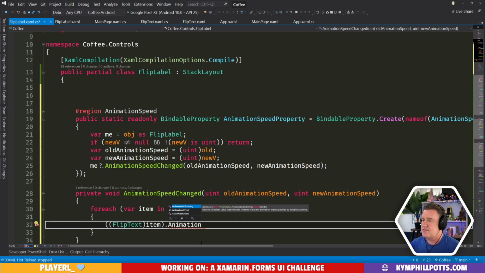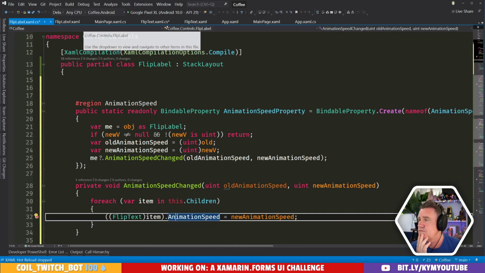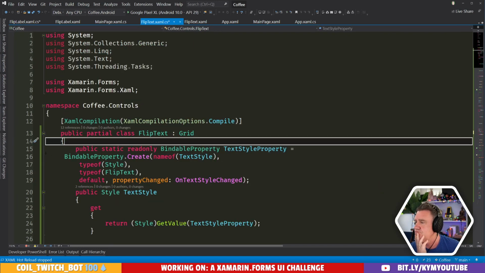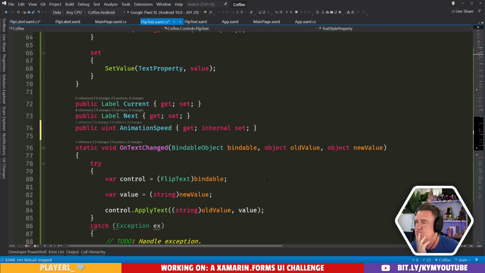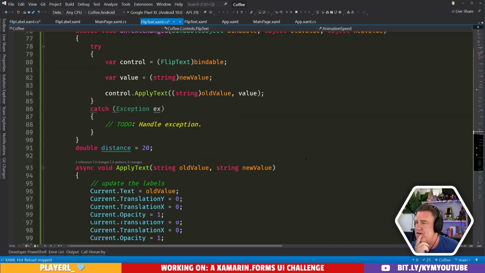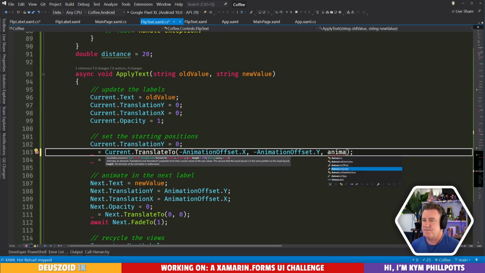We have an animation speed, we don't have an animation speed down here, but we can create one. Okay, so we have an animation speed. So now we can adjust these to use the animation speed.